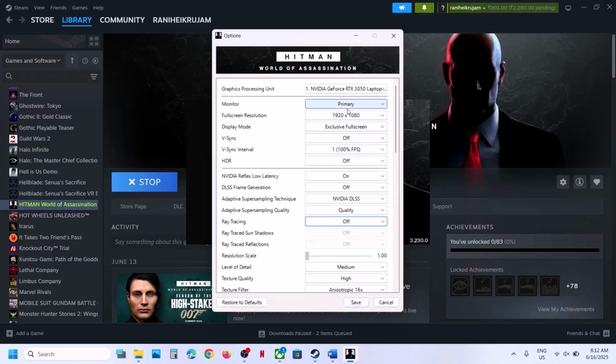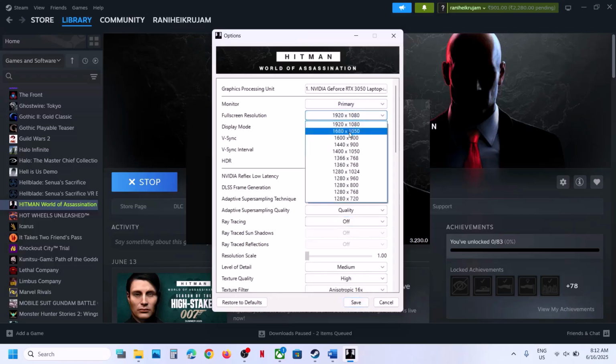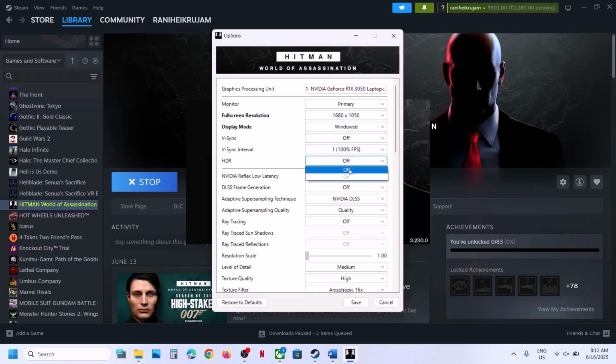If that does not work, you can even lower down the resolution. So maybe you can try lower. If this is set to 4K, you can try 1920 by 1080p. You can even lower down more, and then you can switch to window mode over here. Disable HDR, disable NVIDIA Reflex low latency, and DLSS frame generation. You can even turn off DLSS over here,